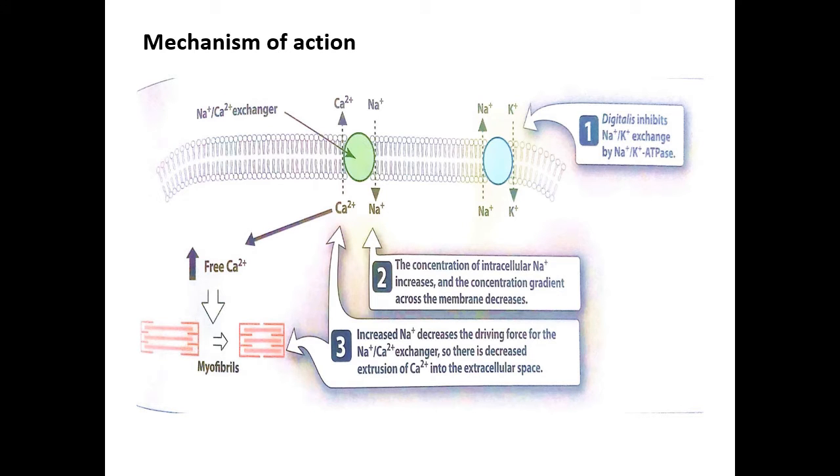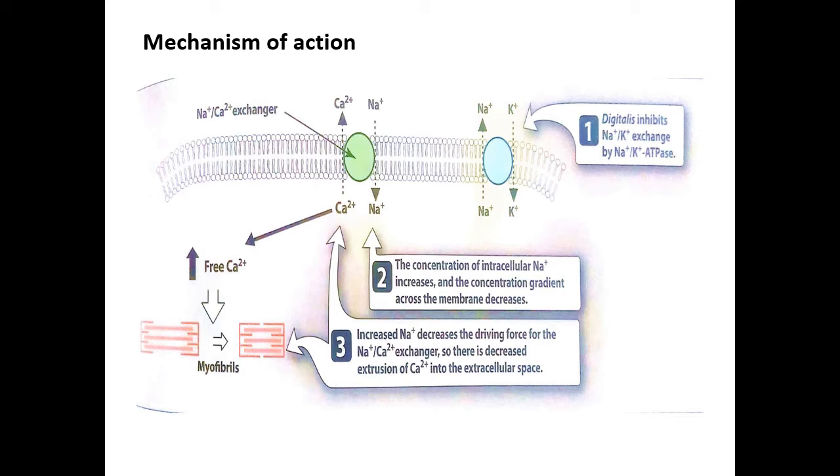Now coming to the mechanism. In the mechanism of the cardiac glycoside, basically there is inhibition of the sodium potassium ATPase pump on the myocardial muscle cell. Digitalis binds to the sodium potassium ATPase at the potassium binding site on the extracellular side, and it produces competitive antagonism for potassium at the sodium potassium ATPase. That leads to the decreased intake of potassium ion inside the cell,